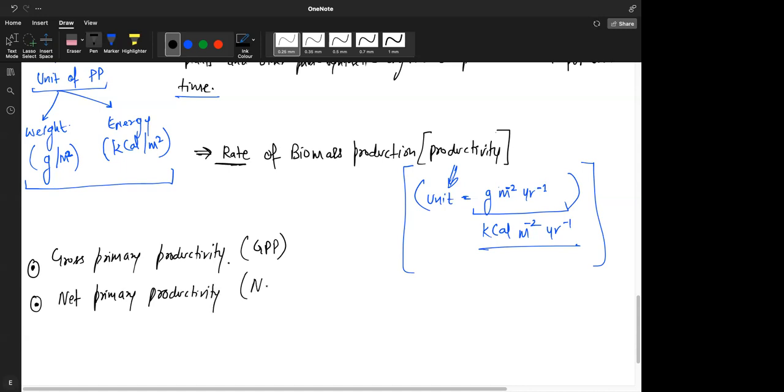Do you know the difference between gross and net, anyone? NPP. GPP would be the entire thing that plants produce, and NPP would be GPP minus the ones that the plants use themselves. But something that the plant uses itself is also in the plant only, no? Yes, so NPP would equal GPP minus the foods they consume themselves. Yes, exactly, you're right.